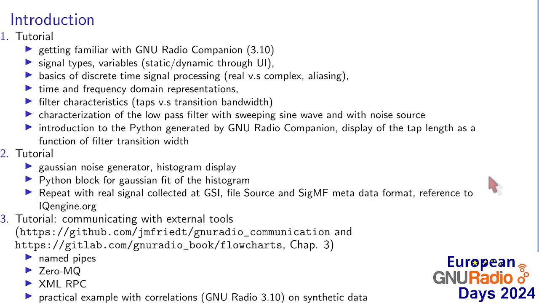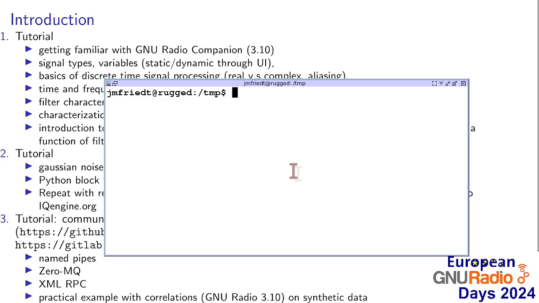In the second tutorial, we'll see how to process the samples, radio frequency samples collected or synthesized in this case, and how to write a custom Python processing block. And finally, in the third tutorial, we'll see how to make GNU Radio and GNU Radio Companion interact with external tools. So if we launch GNU Radio Companion, for example, with the command gnuradio-companion, then we will have an